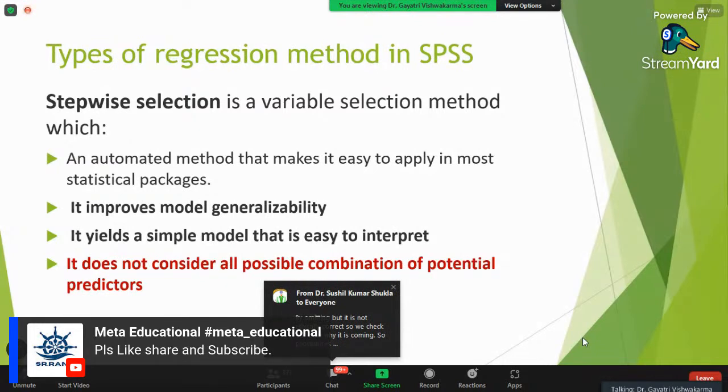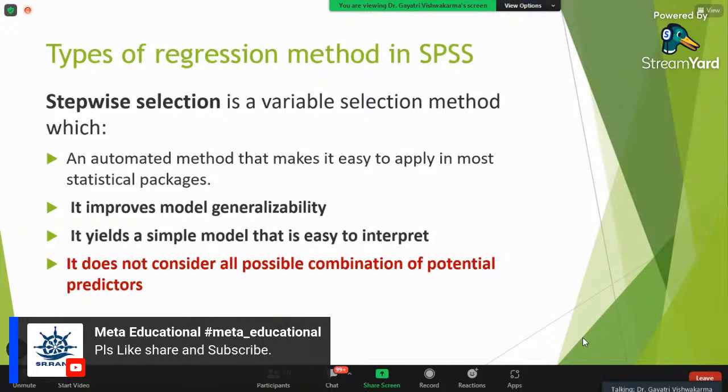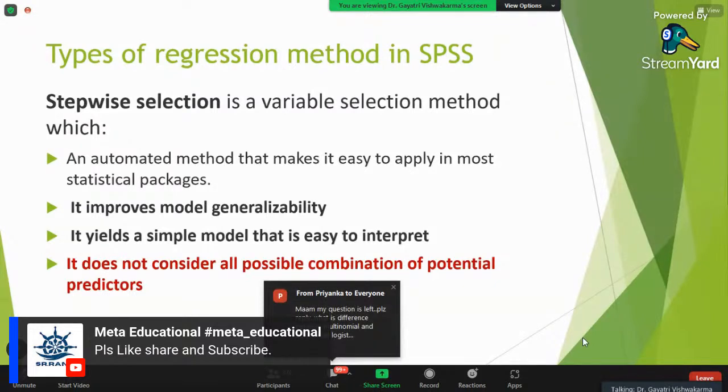Now, in SPSS or any of the software, like I am using SAS in my organization, which is programming language software, and nowadays people are using R also, which is also programming language software. Beautiful software, R is freely available, but because we are working on clinical trials, we have to use SAS, statistical analysis software.